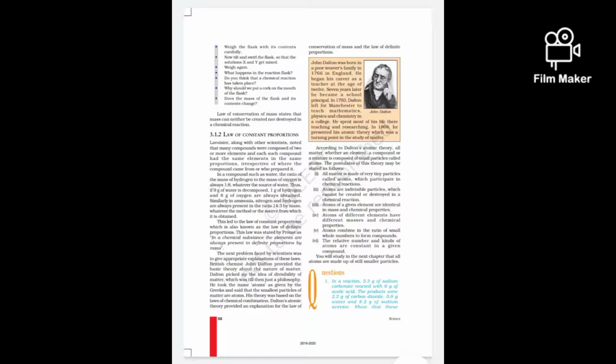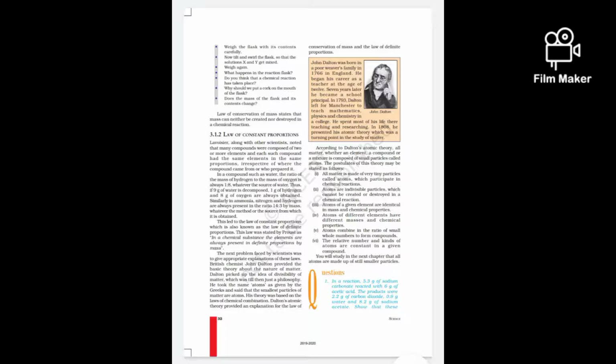Substances made up of the same kind of atoms may have different properties. The ratio in which the different atoms combine to form a compound may be fixed and integral, but may not be simple. Well, children, these are the important features of Dalton's atomic theory. And finally, we arrive at a conclusion that